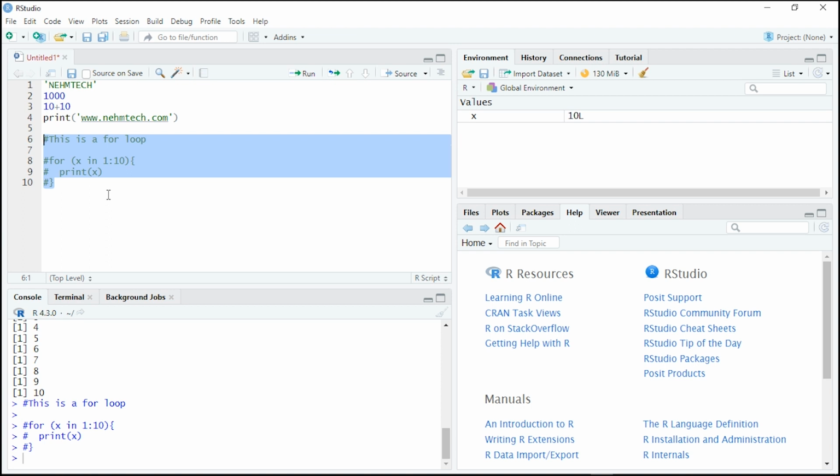Now let me talk about variables. Basically, variables are containers for storing data values, just like you can have a tank or anything to store something. Variables likewise are containers to store data values. R does not have a command for declaring a variable. A variable is just created the moment you first assign a value to it. Now to assign a value to a variable,